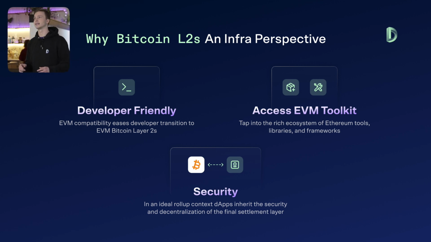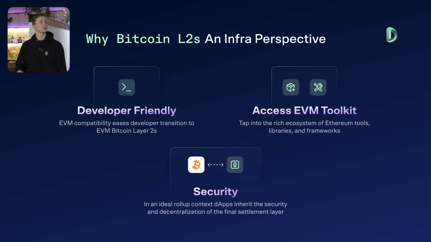And so again, we're combining this with the business perspective, this amazing opportunity to grab this liquidity from both of these exciting ecosystems. And then when you think about that business incentive for dApps, infra providers, and just overall teams to build on Bitcoin, and then you combine it with the ease of access to now deploy that we see corresponding with EVM toolkits and whatnot, I really think it draws this really exciting picture for teams to be interested in. And this is really why we are very passionate about this space and see this as an immense opportunity for DIA.